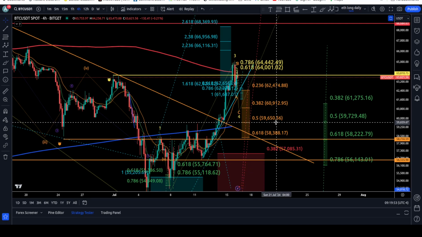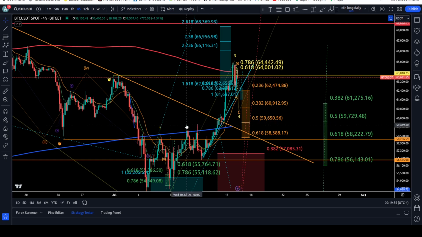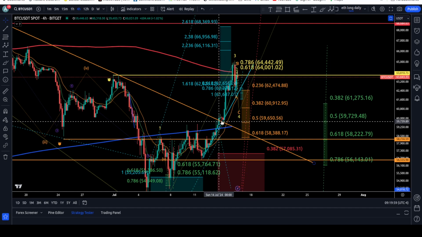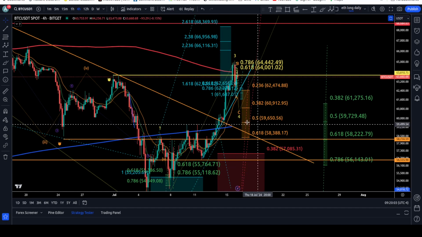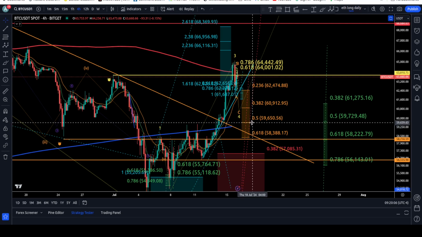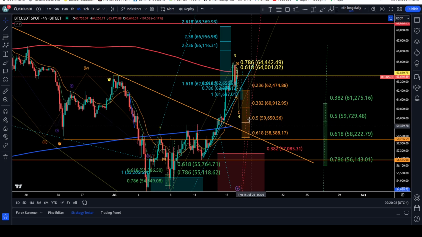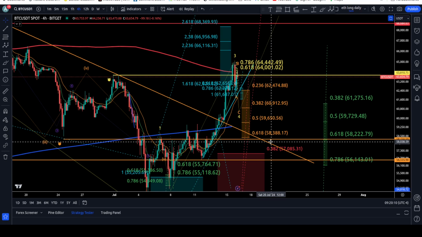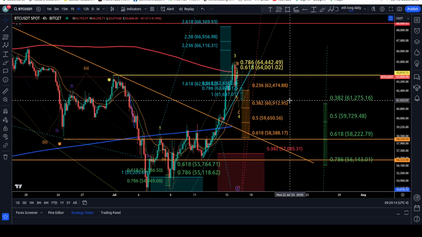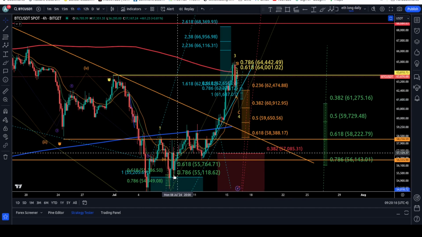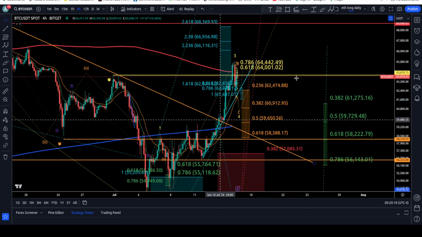59,650, which would be an amazing level because we have 2 resistance here, we have some support here, and we have the 0.5, and we will have the MA 200. So what are the odds that price is going to break that level and go even lower? In my opinion, very, very slim. And plus, people are fed up now. I am fed up, and then we bought here and we managed to go higher,